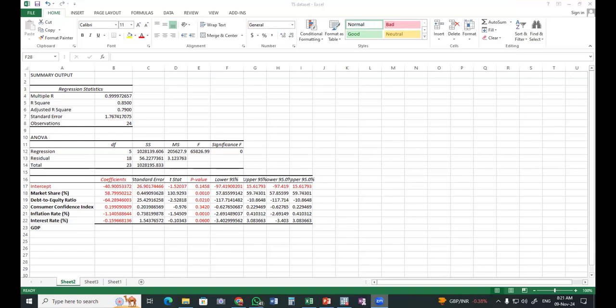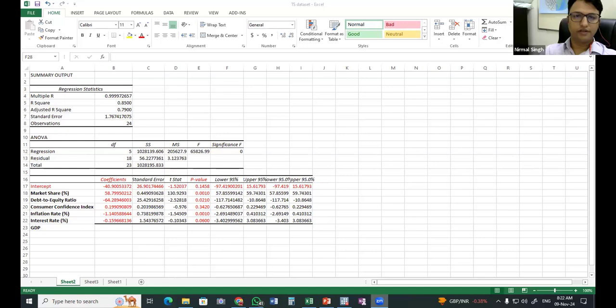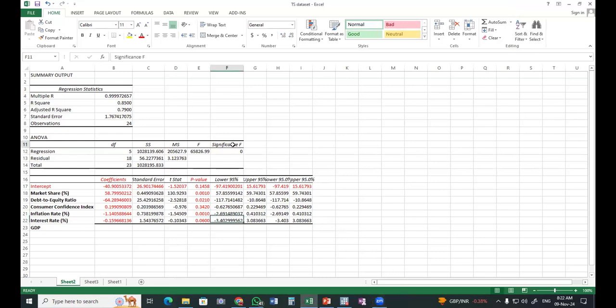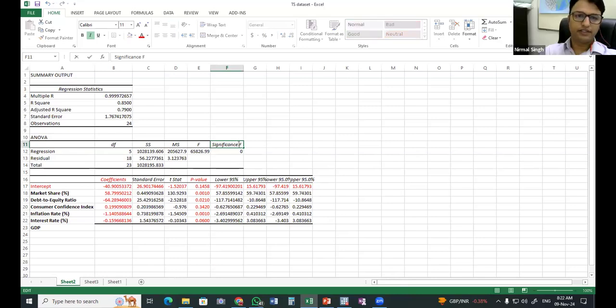Sir, one point, as you have said, significance of F should be not more than 0.01. Similarly, the p-value should also be 0.01. So this significance is specifying the p-value only. This significance, I'm talking about this F statistics. This significance is telling the p-value only. This is the p-value of F statistics. Here, this is the p-value of these coefficients. But here, this p-value is of F statistics.